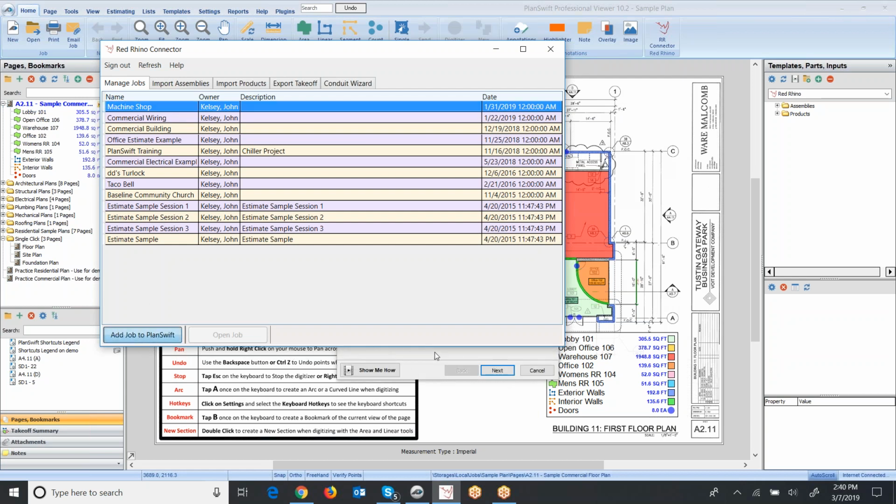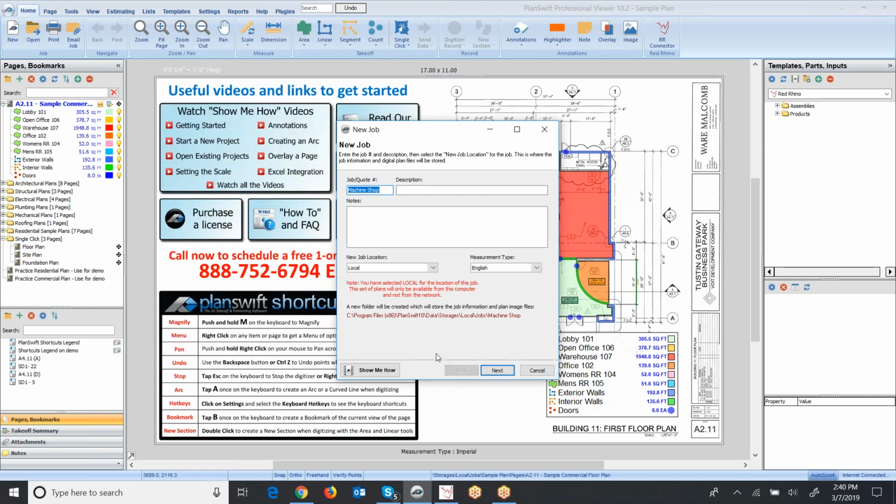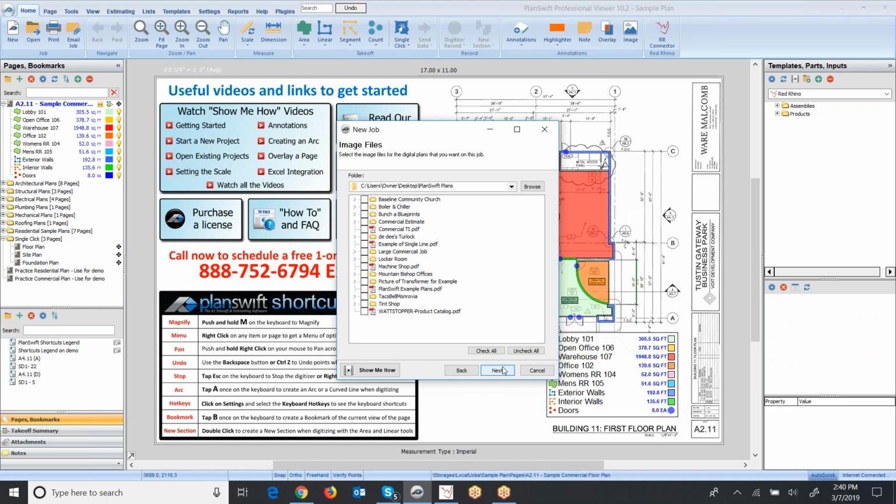And then a window behind it opens. Let me just click on that. And I just follow the prompts here. I'll go next. Now, this is asking me to select the image files here. This is what you don't want to do yet. I'll show you how to do it after the fact, though. So click Next,